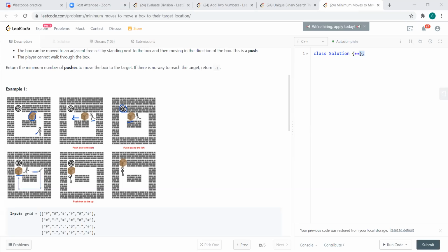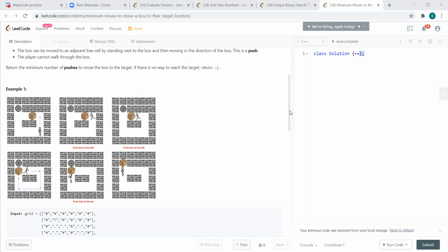So again, he goes all the way, and then he comes here, and he starts below the box in this diagram, and now he's pushing the box so it will reach the target. So if you look at the moves, this was one move, this was the second move, and this was the third move. Okay, so this is all about the problem statement.